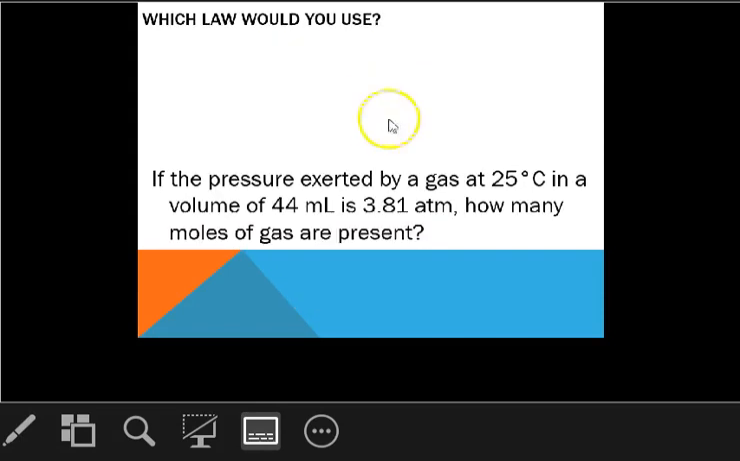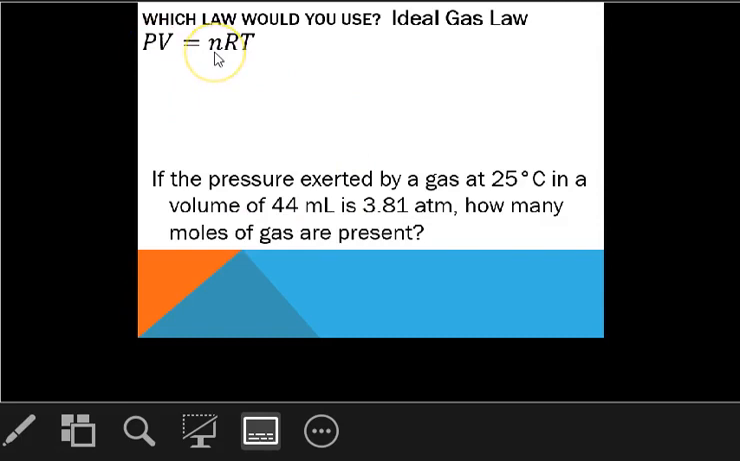Which law would you use? Hopefully you notice that this is an ideal gas law. It's an ideal gas law because it's not asking you to change any circumstances. You do not have 2 of any variable. You have a pressure of 3.81 atmospheres. You have a volume, which unfortunately here is given to you in milliliters, which means you have to convert that to liters by moving the decimal place 3 places to the left,